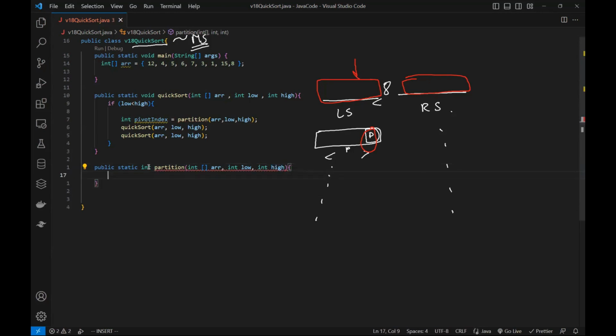Once that is done, now what should happen inside? While discussing initially what I said, by default, every time, generally we take the last point as our pivot. You can choose any point, but for starting, we choose the last point as our pivot. So similarly here, we have to first declare our default value. So I can say int pivot